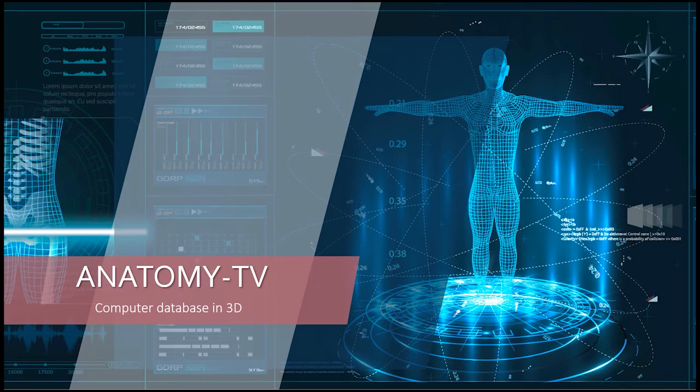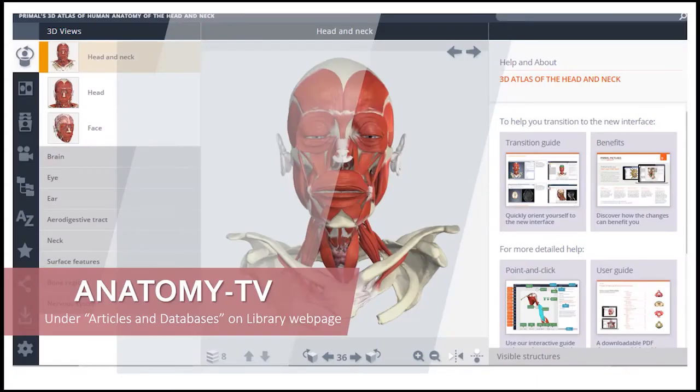You can go in, you can click on a body part, and it will tell you the physiology of it. You can turn things around and look at them in 3 dimensions. You can look behind them, you can look in front of them. Here's a screenshot from our Anatomy TV. As you can see, this one is of the head, of the muscles of the head, but I could go